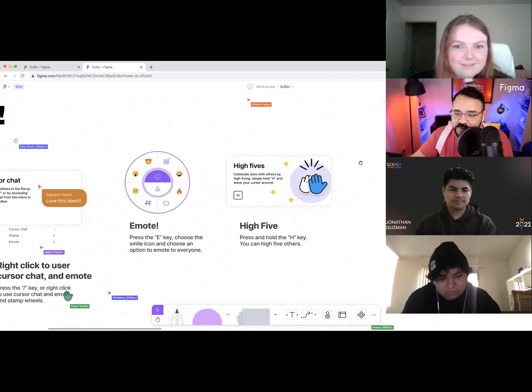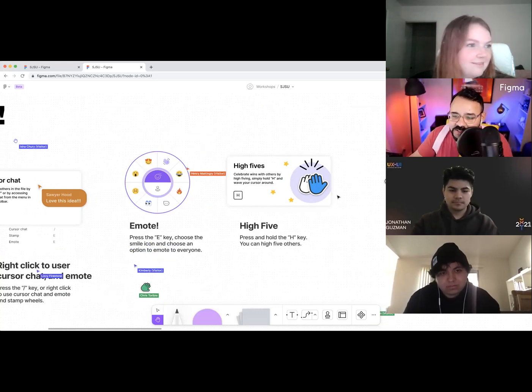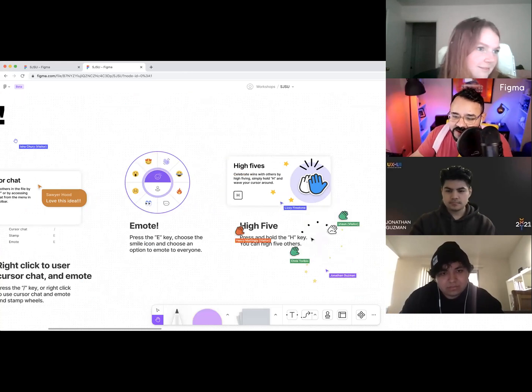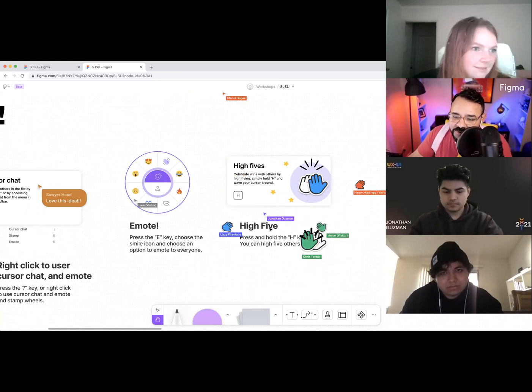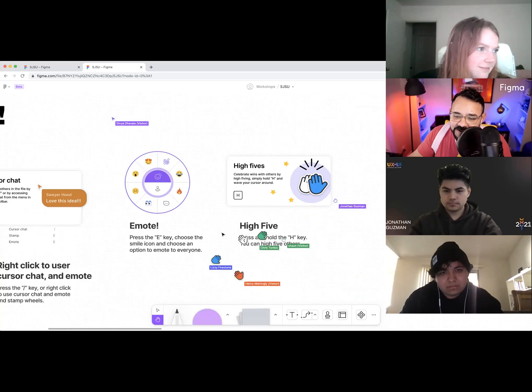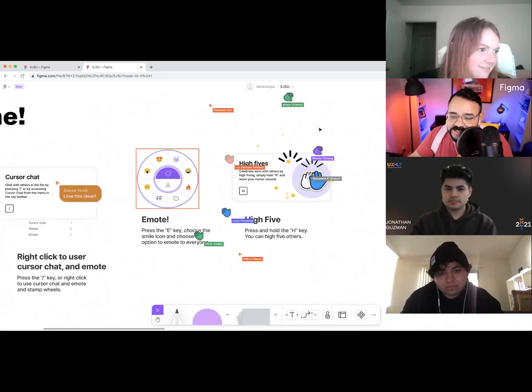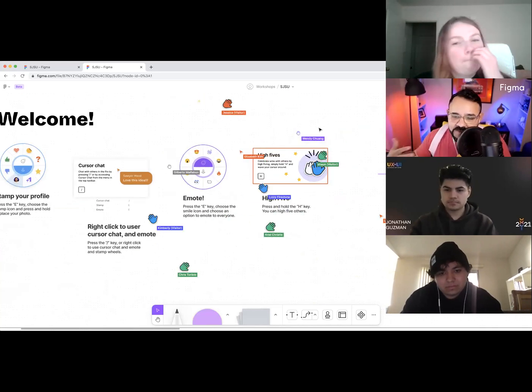So if you press and hold the H key, or you just wave your cursor left and right kind of violently, we can see we can have some high fives here. So you go next to somebody else having a high five and we could just have a little high five party. So the thing is, these kinds of features, they don't just come about,